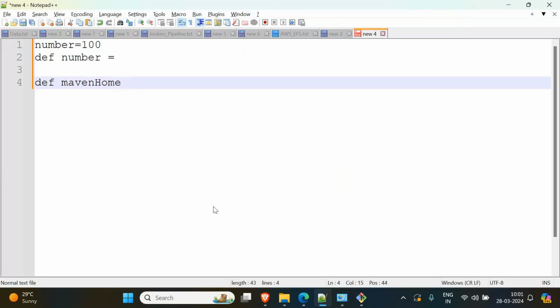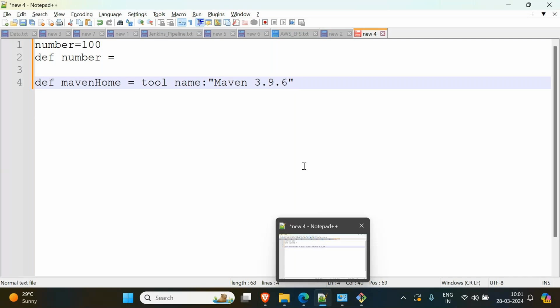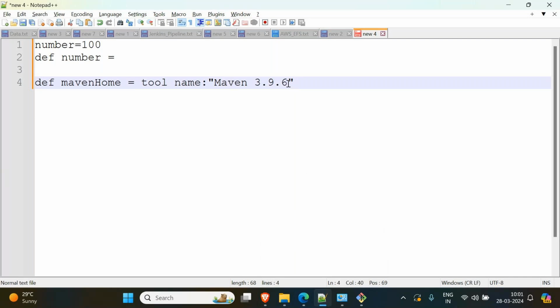I will say def mavenHome. Here I have to say tool. mavenHome is tool, and what is the name I have given? So you have to say name is maven space 3.9.6. I have given this name, if you remember. So whatever name you have given while creating the Maven tool, that name you have to give,